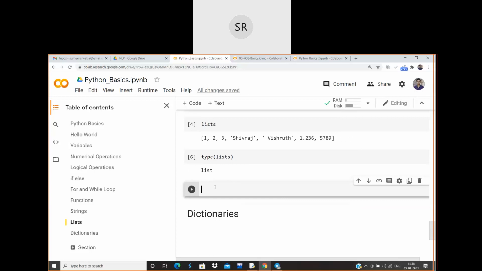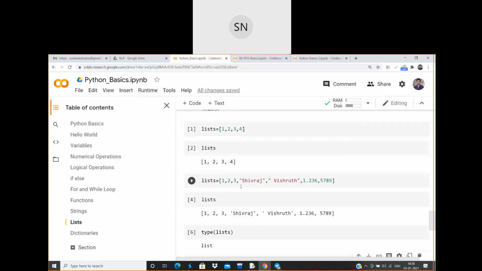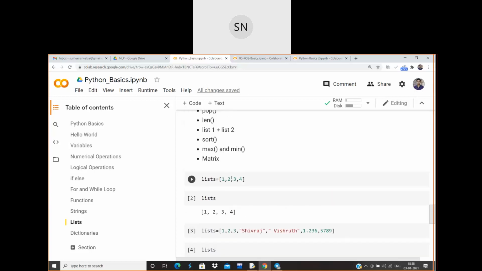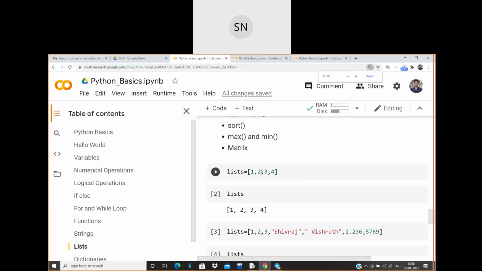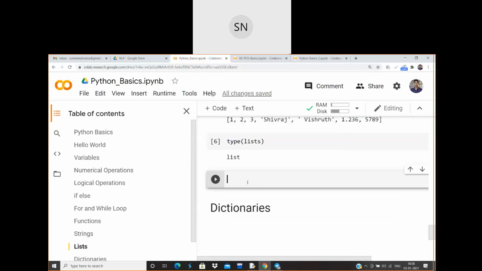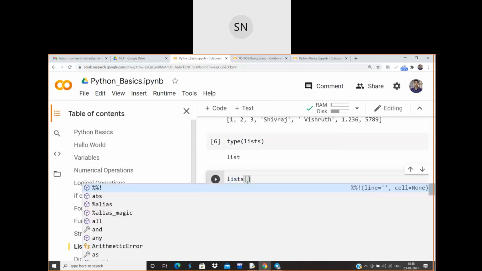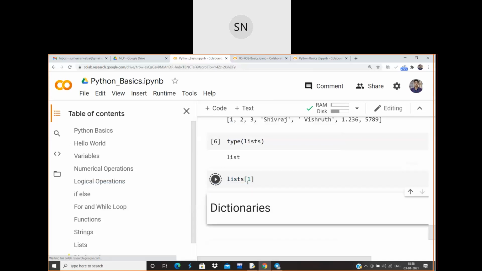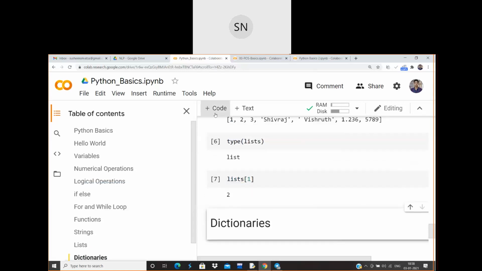Okay, how do I access the parameters in case of list? Like means I just want to extract this 2 from this list. And I know the index of that one. What is the index of 2? 1. So as in the case of arrays also, we'll be taking the help of index and we'll be printing the values. So in this also we'll be taking the help of index and we can actually access the different kinds of elements which is present in lists. So it is like list of 1. So I just wanted to print that one. So you got 2 over here.